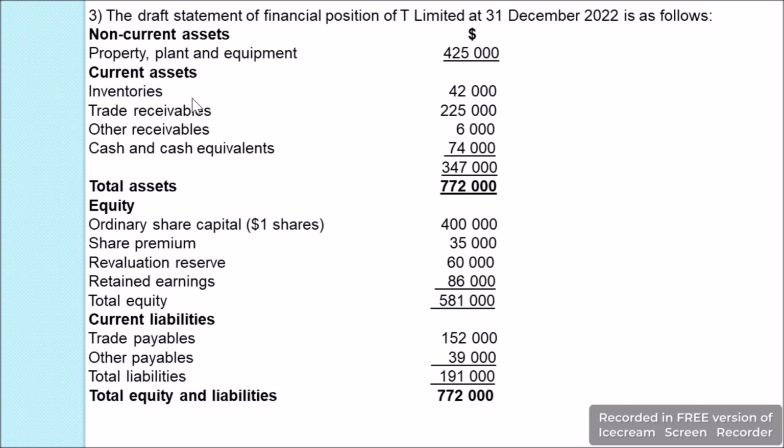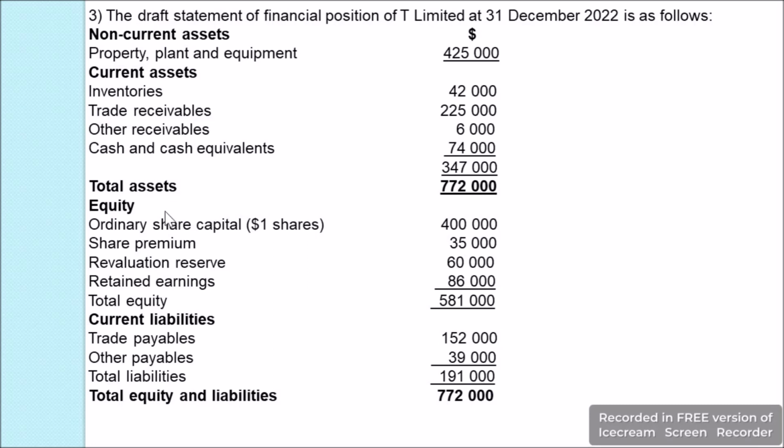Current assets, in which we have inventories, are $42,000. Trade receivables are $225,000. Other receivables are $6,000. Cash and cash equivalents are $74,000. The total of current assets is $347,000 and the total of assets, that is current assets as well as non-current assets together, is